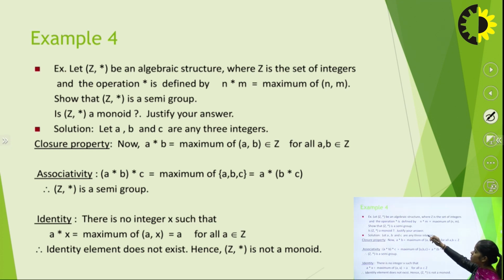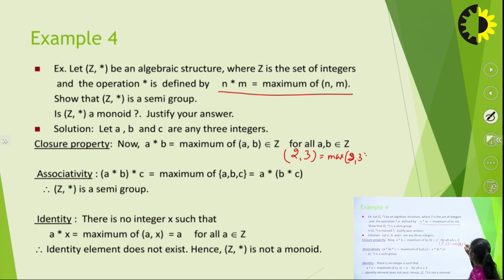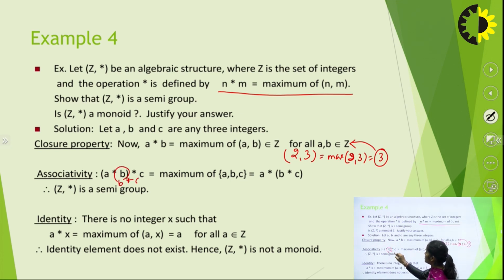Now take another example, example 4. Let (Z, star) be an algebraic structure where Z is the set of integers and the operation is defined as maximum of n and m, right? So it is closure in nature: if I take 2 and 3, they both are integers, and the maximum of 2 and 3 is 3, which is also an integer. So it is closure in nature. And next is the maximum of A, B, C. If I take, for example, B as the maximum,